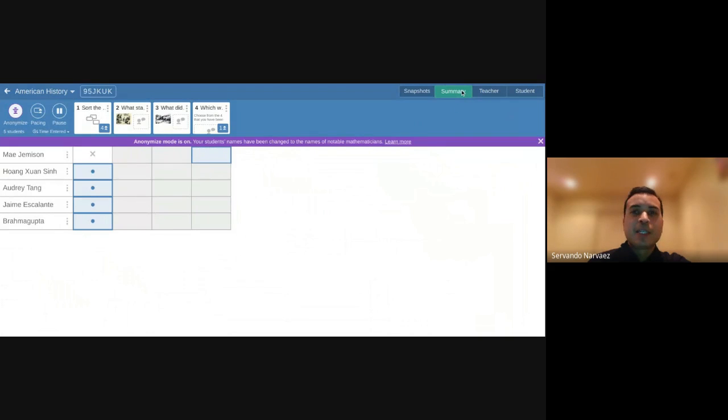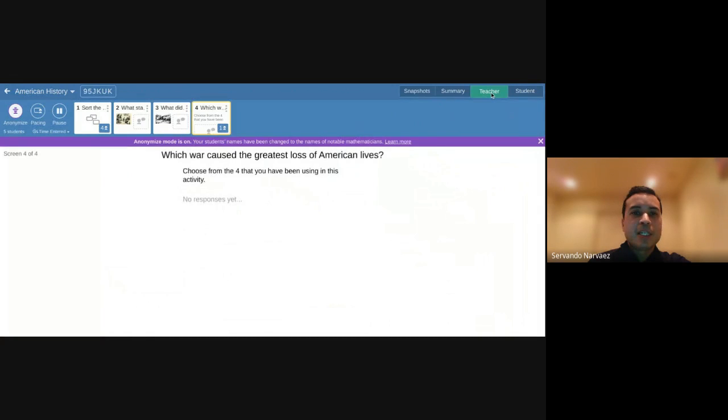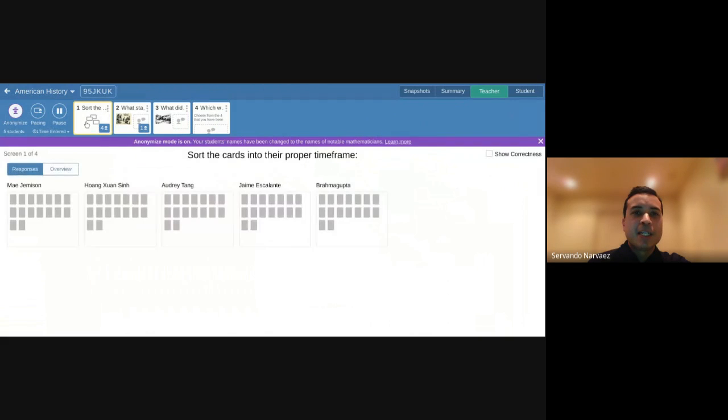Right now, this is the summary view, but you can also go into snapshots. You can take snapshots of what the students are doing. You can see the teacher version, like no responses so far on the 4th slide, no responses so far on the 2nd slide. On the 1st slide,